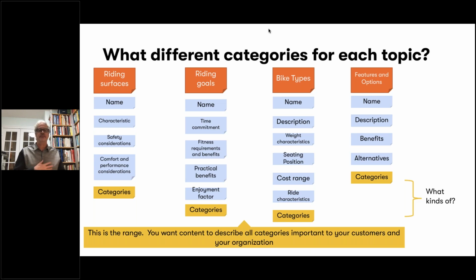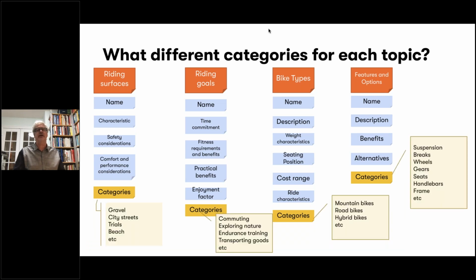So we want to think about all the categories that are going to be important to our customers and to us as an organization publishing content for the customer. So we don't necessarily have to be encyclopedic if we don't care about certain kinds of bike types because it's just not of interest to our customers and it's not of interest to us as an organization. We don't have to cover it. So we don't necessarily have to go into tandem bikes if that's not what we're about and not what our customers are interested in. So to give you a sense of what the categories would look like in this area,